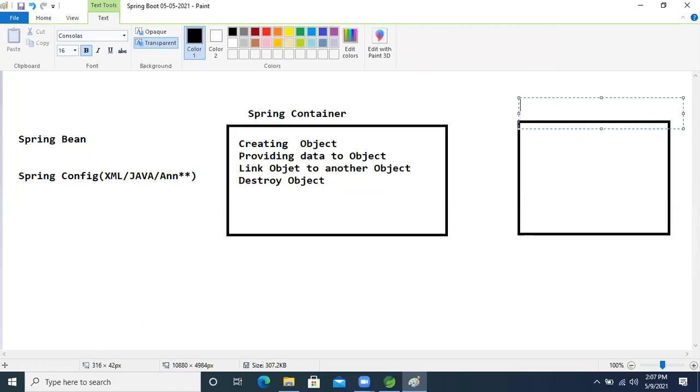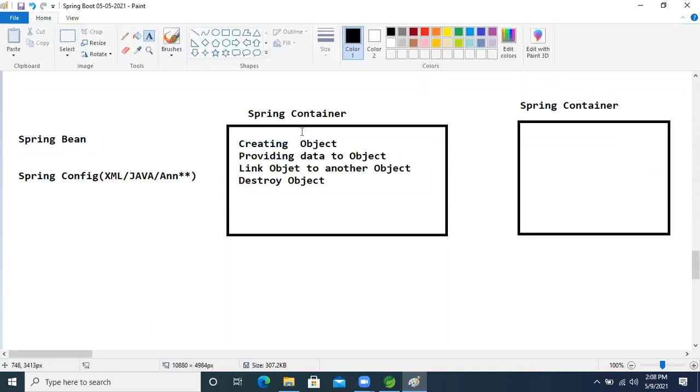In this memory, whenever it takes these two inputs, beans and configuration, then based on the bean configuration it will create the object in the Spring container.